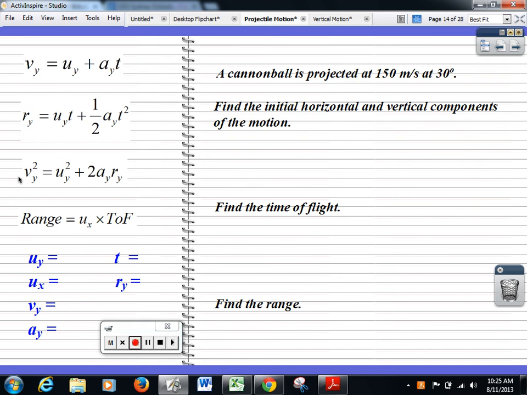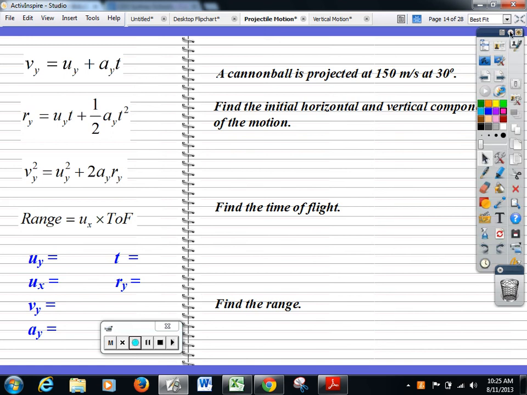So the only equation that you need to know, which doesn't appear on your HSC, is how to find the range. The range would be the sideways motion, the speed going sideways, by the length of time that it's moving sideways. The length of time that it's moving is called the time of flight, the TOF. Are we okay with what TOF is? Okay.